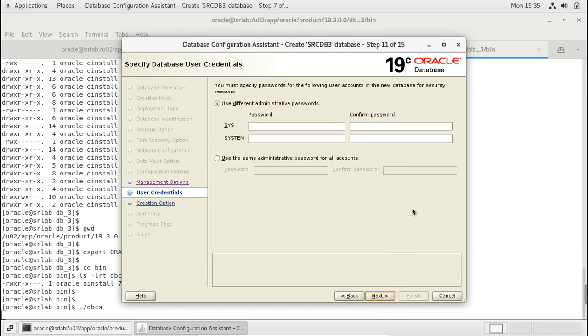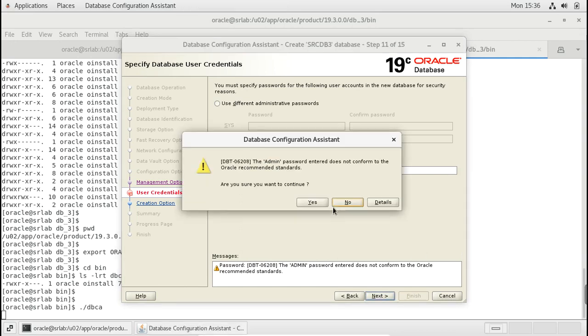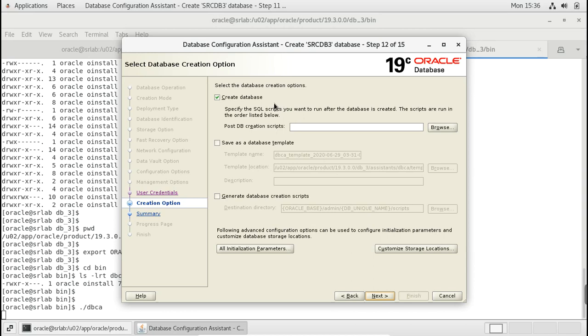So just click next and password. I am giving the same password for SYS and SYSTEM. So next, yes. So now it asks for create database, click next.